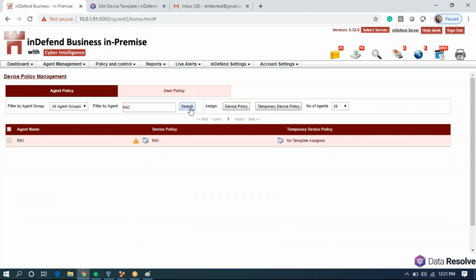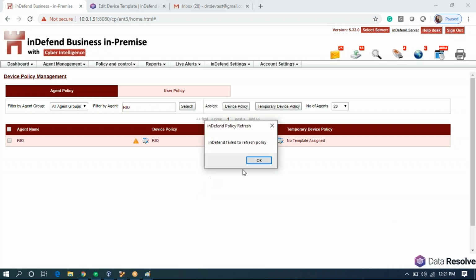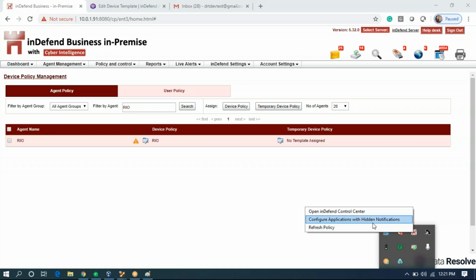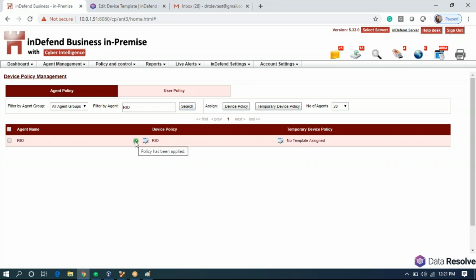So we have made changes in the policy. It will sync in another 1 minute, or we'll sync it manually from here. So it's synced. When it successfully syncs, it turns into a green tick. Now I'll plug in the USB again.